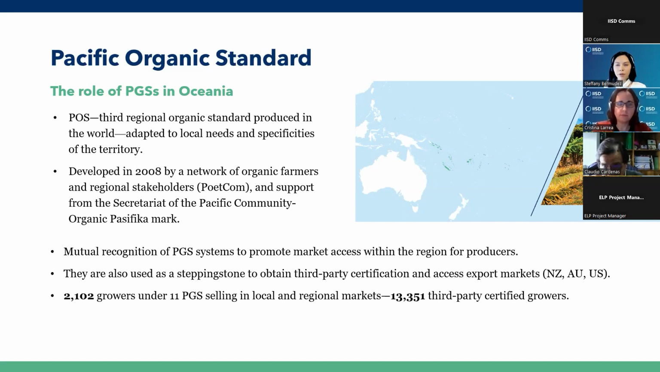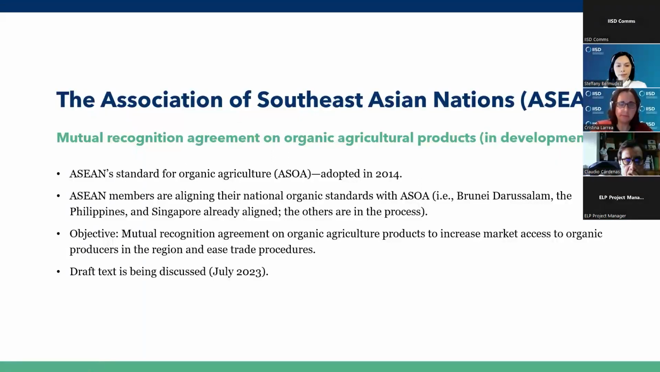Since the inception of the Pacific Organic Standard, organic production has increased in the Pacific. As of 2020, over 10,000 growers were certified under the third-party option, and 11 PGS are operational in the territories, representing about 2,000 producers. Our next example is the Mutual Recognition Agreement on Organic Agricultural Products from the Association of